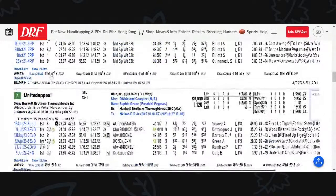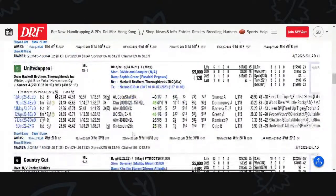This horse broke his maiden first time out of the box, and following that, he's been in really tough spots. In his second start of his career, it was on a sloppy racetrack, so you can eliminate that. Then he was off for a couple months. He shows back up. He tries the turf in a tough spot. Both of his turf races you can eliminate. The May 13th race at Evangeline, another one that's in a tough spot, like a Louisiana bred allowance. This is a way softer spot than any of the races he's been in recently. Alabama bred,